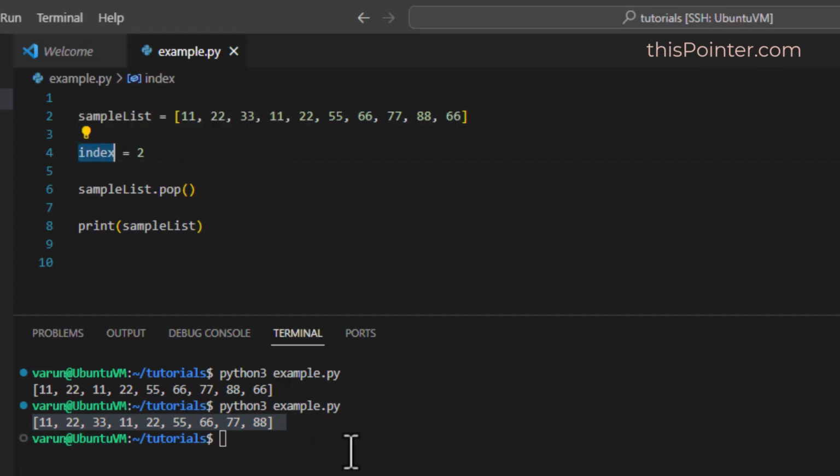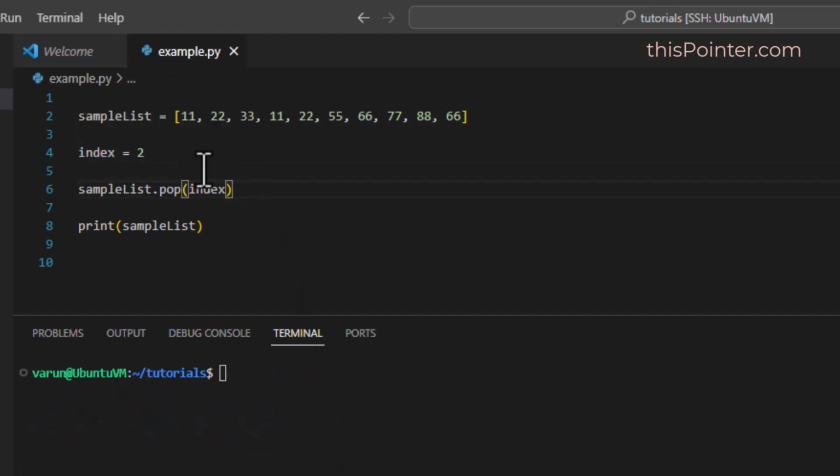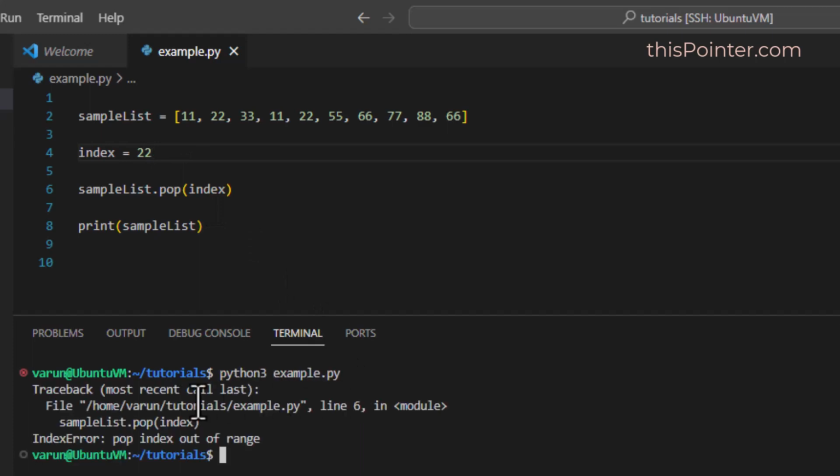But there is another important point here. If we provide an index position that does not exist in the list, suppose 22, so that is more than the number of elements in the list, in that case, it will raise an error. Let's run this code. So it raises an index error because the provided index is greater than the number of